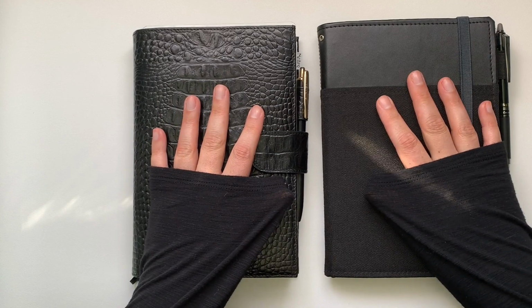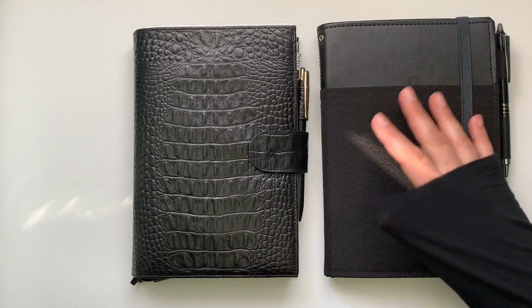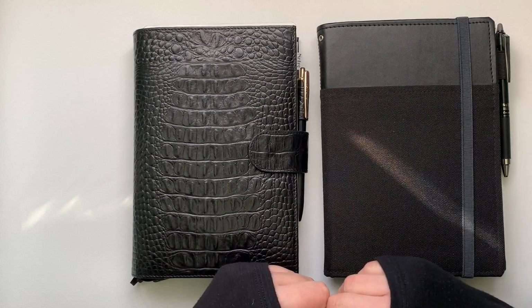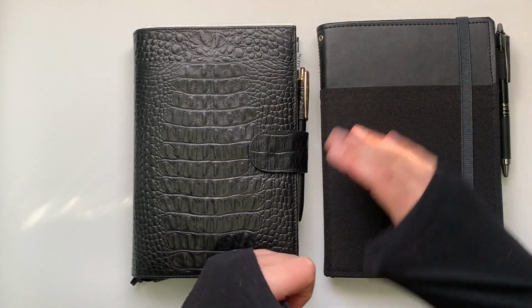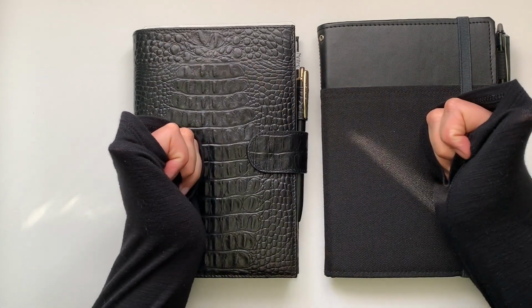I did not plan to film this today, so we're going to see how this goes. This is just the time I have. I've just been crazy busy. I think everyone is. You can see here how cold it is in here. Oh, it was doing it earlier. You can see my fingerprints. But I tried to warm up the room a little bit, and I was like, I've got to make this